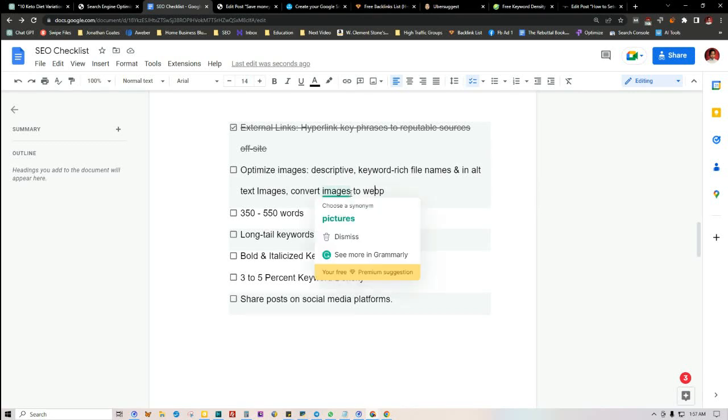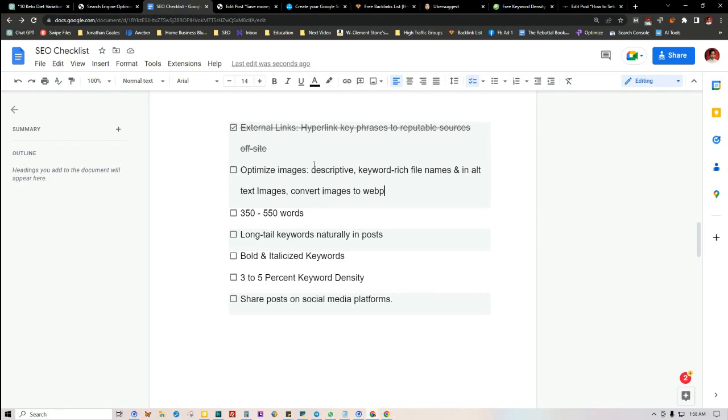And I'm referring to the featured images as well as any type of images that you have in your actual content. In order to do that, all you have to do is go to Google and type in JPEG to WebP, or PNG, whatever the image is, and you just upload that image in there and convert it to this format here. And then you take that and upload that to your actual website.